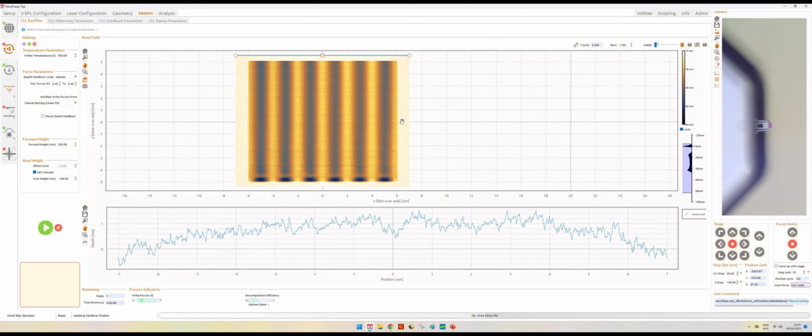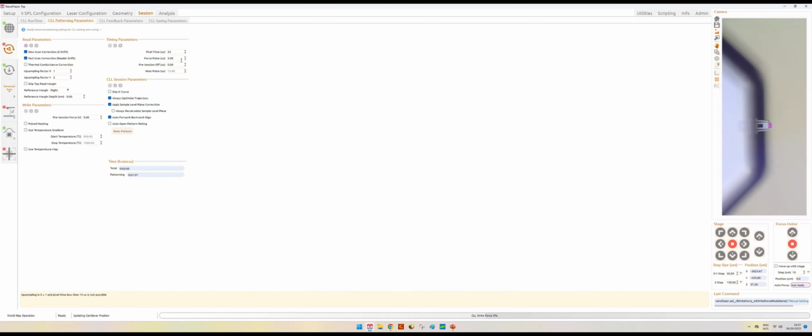What we want to see is the effect of the force pulse time, or the contact time. So what happens if we increase it to 10, for example?